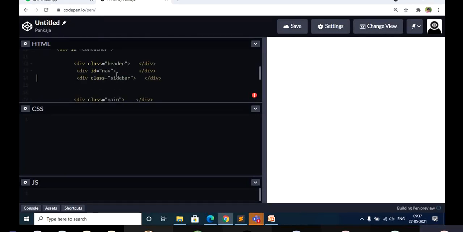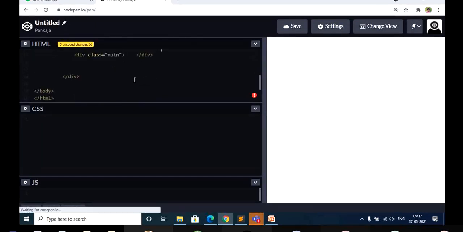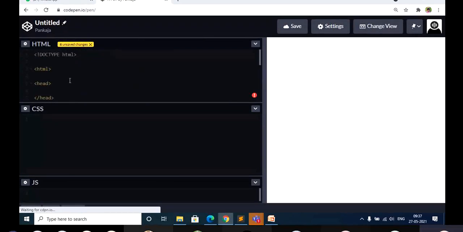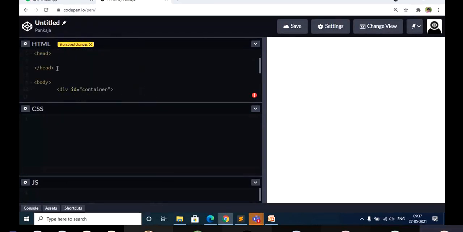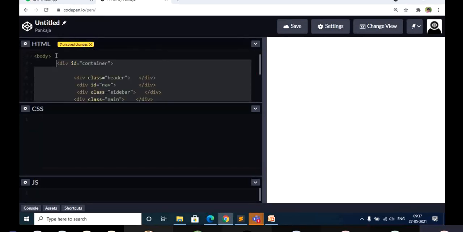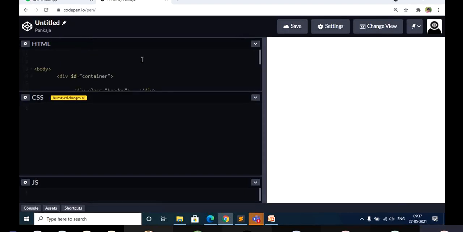I want everybody to use this division tag, create different blocks and assign the CSS. The main code is this part. Even if you don't write all this, it still works. In this editor I'm telling you, don't try with some other editor. You have to write the complete code. So now the HTML part is ready.